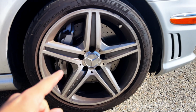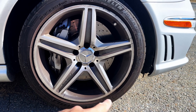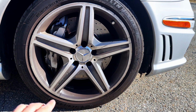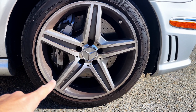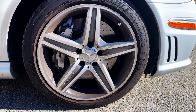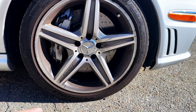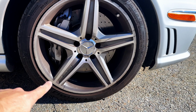So the rims are dirty and filthy, but I want you to understand something. If it hits this pothole, let's say the pothole is this much deep, right? The diameter of the pothole is lower than your tire, the car will handle that pothole just fine. But if the pothole is a little deeper, let's say the diameter of the pothole is all the way to this side of the rim,